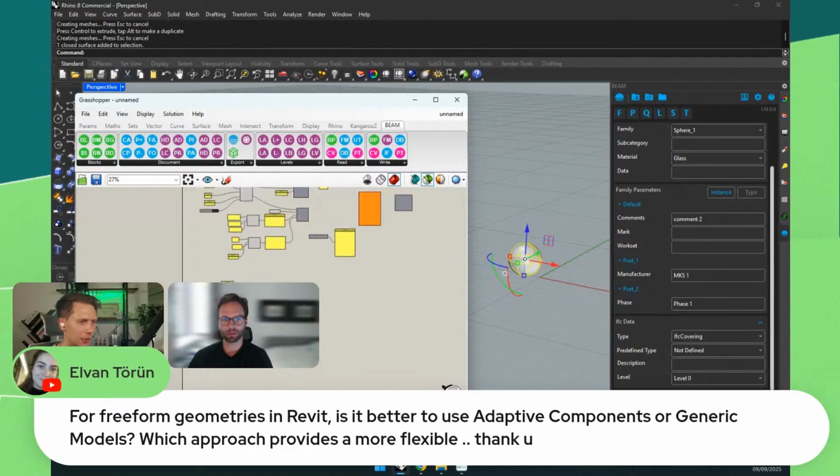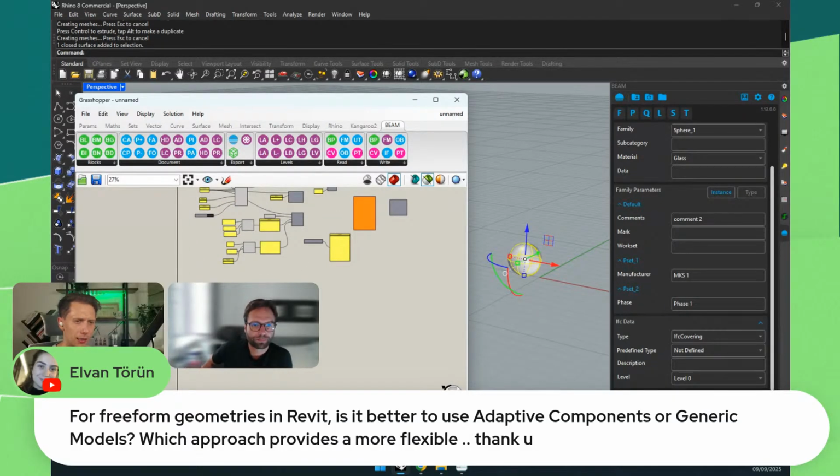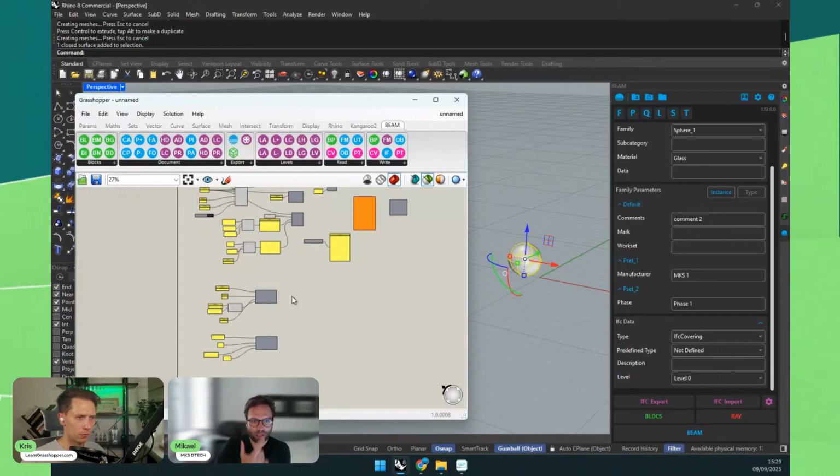Just one question before that. For freeform geometries in Revit, maybe we're going to show that in tomorrow's workshop more, is it better to use adaptive components or generic models? Which approach provides more flexibility? What is your recommendation here? We might cover that more in detail tomorrow, but it really depends.